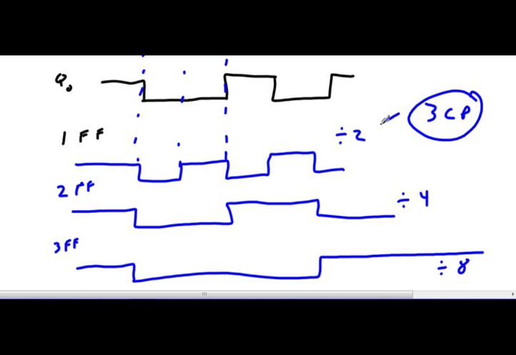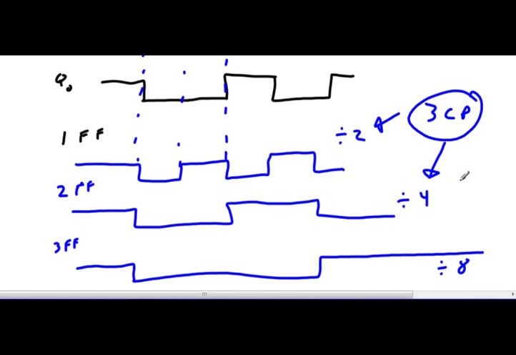Can I go 3 clock pulses with a divide by 2? No. Can I do it with a divide by 4? Yes. So if I had a divide by 4 going on, and when I got to 3, I reset it,